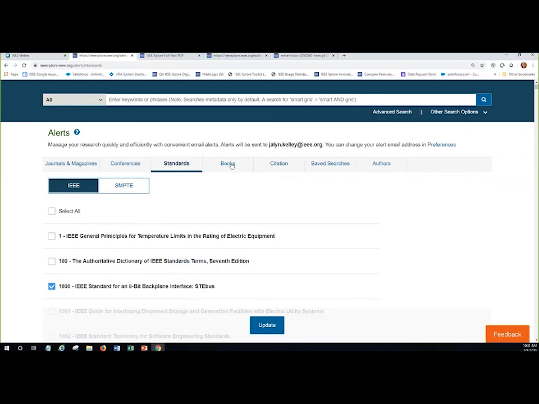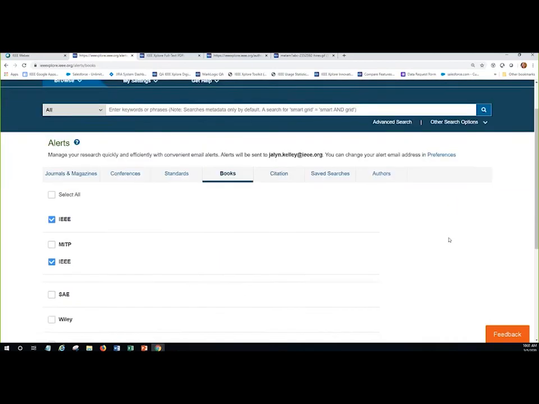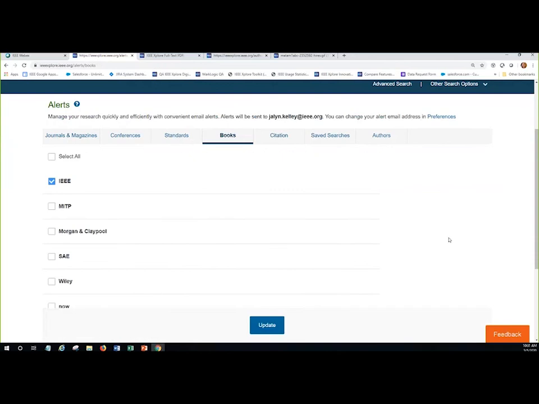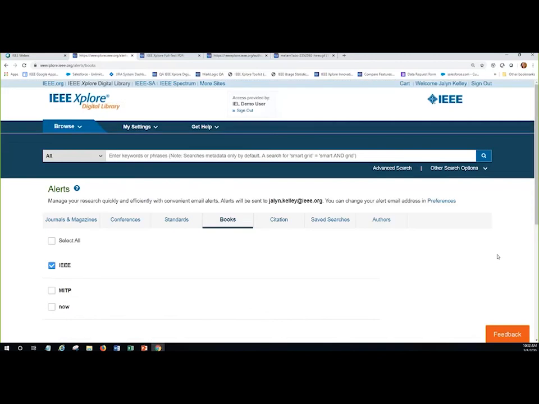And then lastly, we do have 6 ebooks collections on Xplore. You can set up an alert to be notified as new ebooks are posted each month. So it'll just give you a running list of all the books that were posted that month on Xplore. So those are some of the personalization features. It's obviously optional, but if you do use Xplore a lot, it will be really invaluable to you to set up one of these personal accounts and set up alerts so you can get content pushed out to you instead of having to constantly come in and check and see if new things are being published.